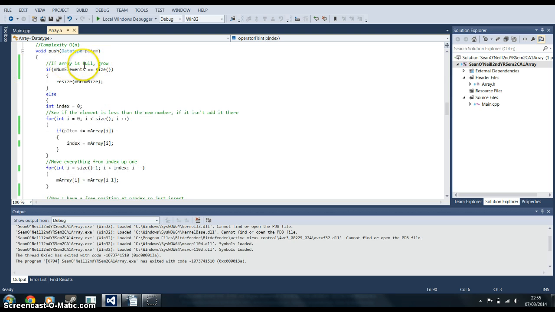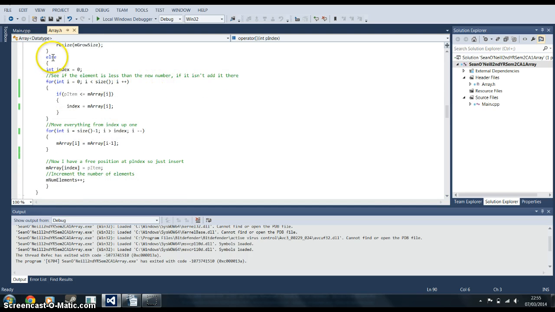And in it, it checks if the number of elements is equal to the size. So if the number of elements is equal to the size of the array, then that means it's full, and you resize it by the grow size that you specified earlier. Otherwise, you perform the push function,